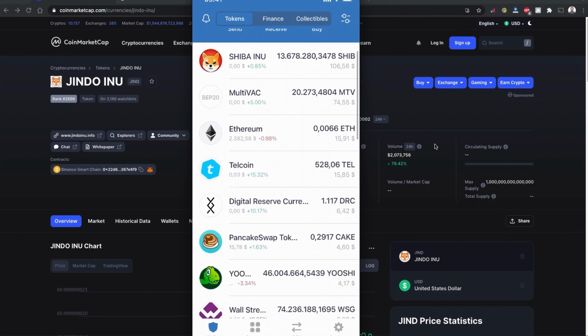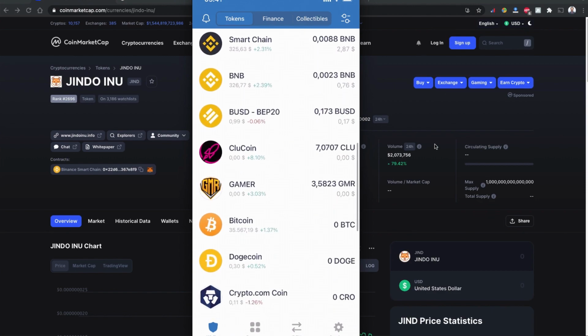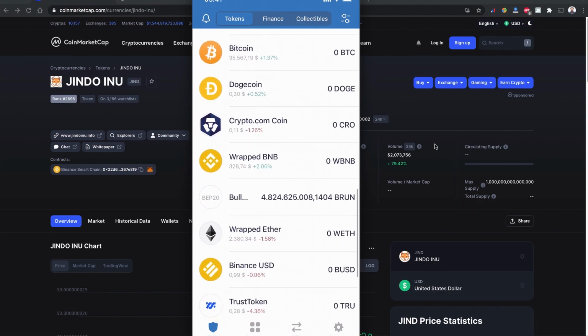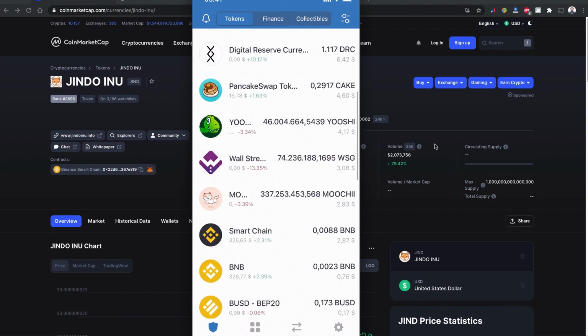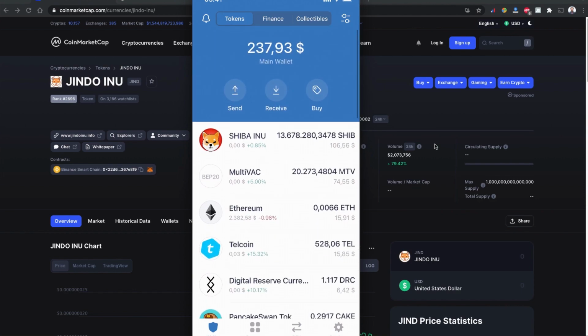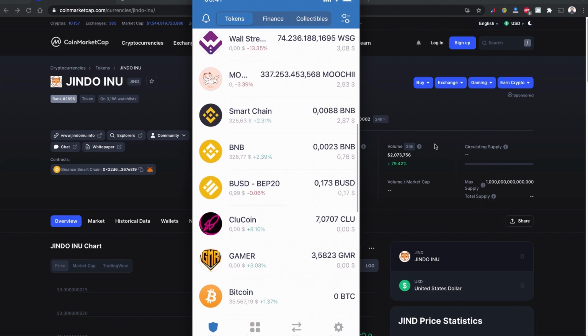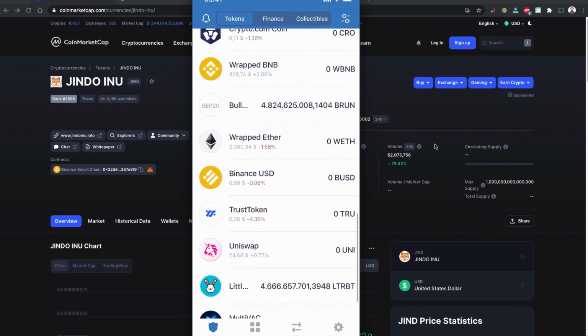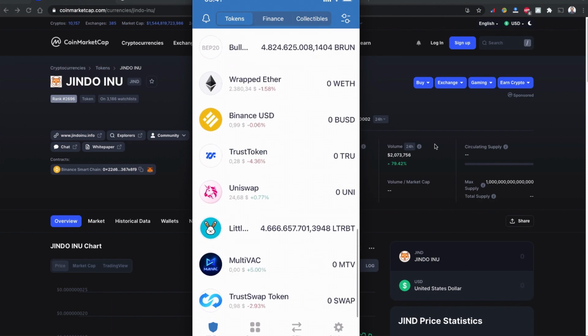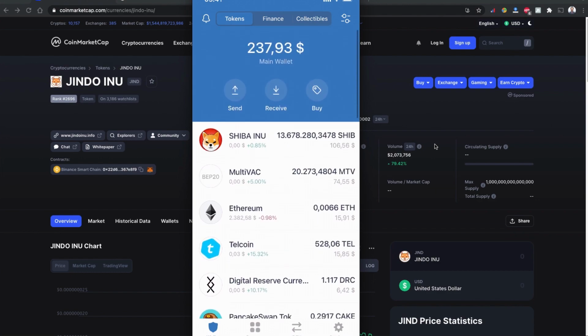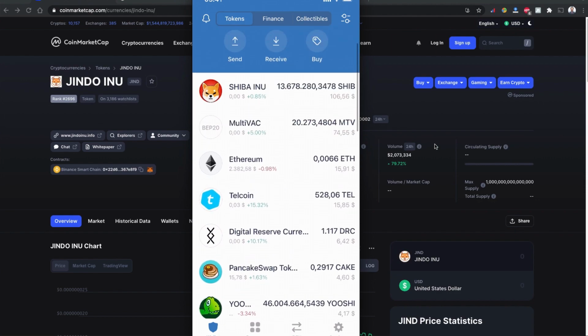Let's go back to our Trust Wallet and see if we received our Jindo Inu token coin. It's already a 2 day old coin, so I should be receiving this coin in my Trust Wallet anytime soon.